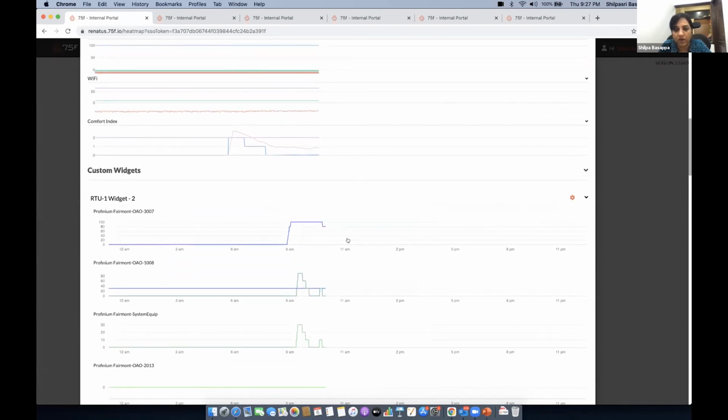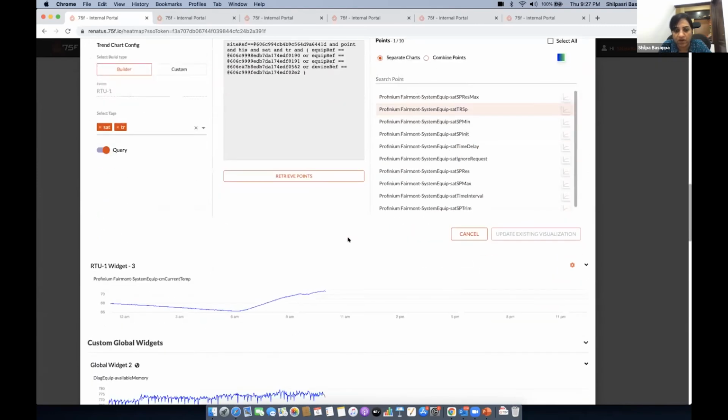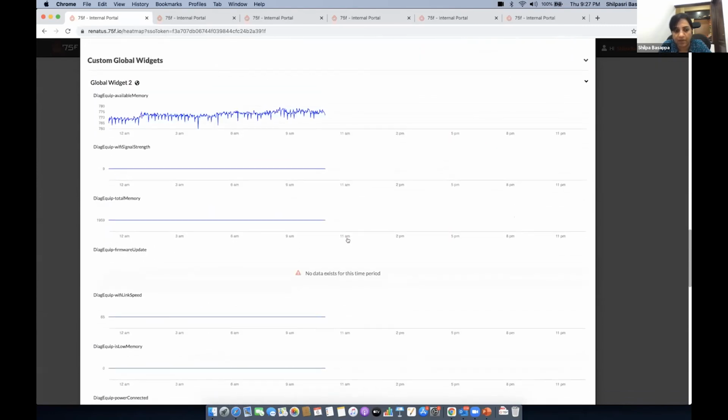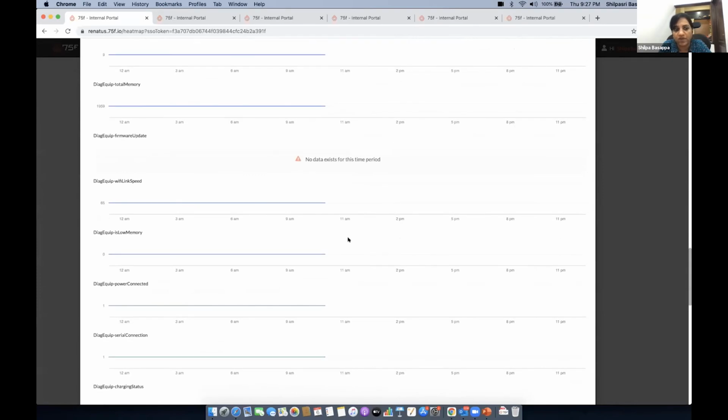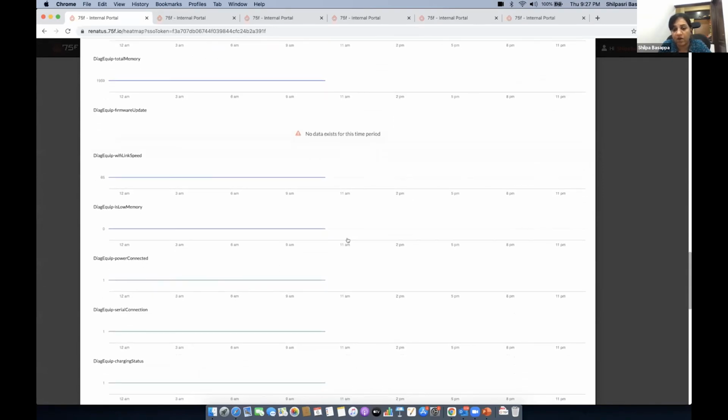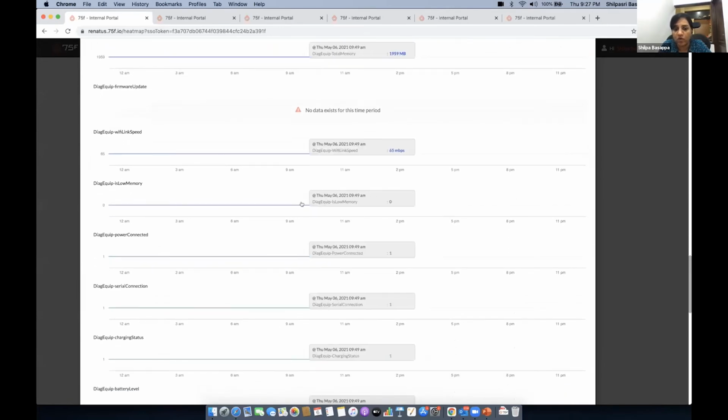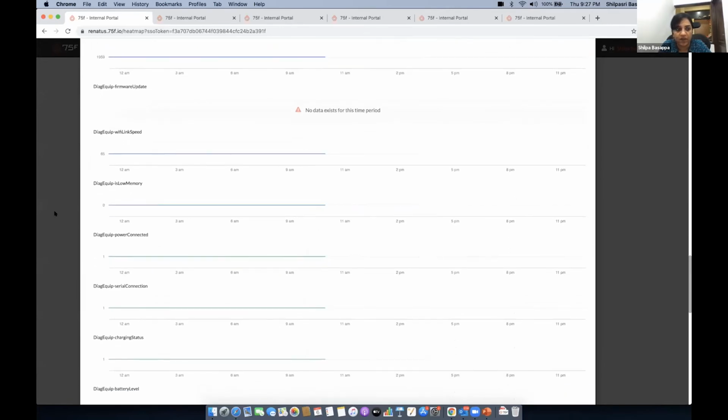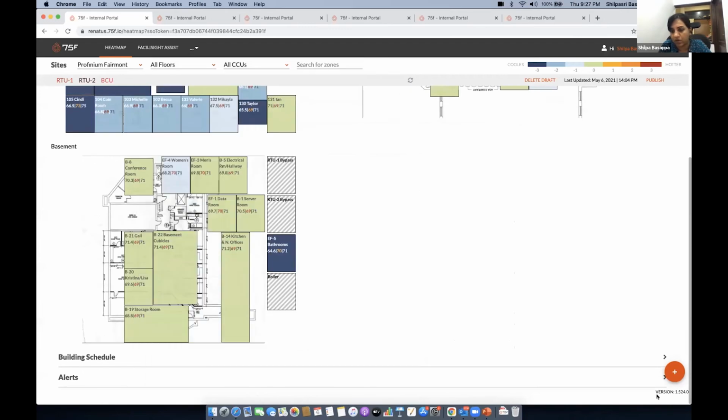At some point, let's say I want to monitor things in more detail. Let's say we want to see what is the memory that is there in the current device that is running on the site remotely. So you'll be able to plot those devices as well. I'll give you an example how we could do that.